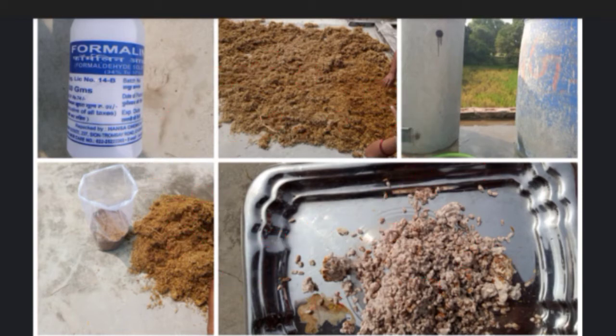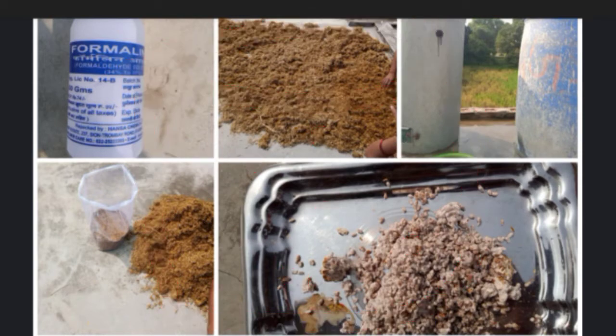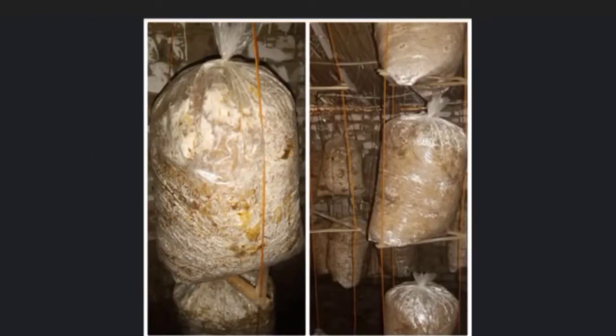And after packing or tightening, we have to make holes. Here, from where you have distributed, you have to make some holes like this, because after 20 to 30 days you are going to see the results. I'm going to show you.